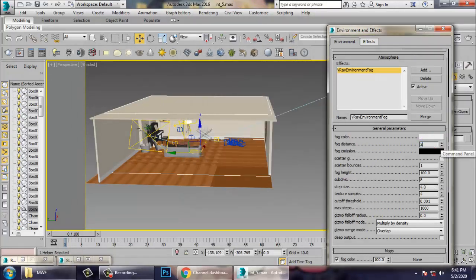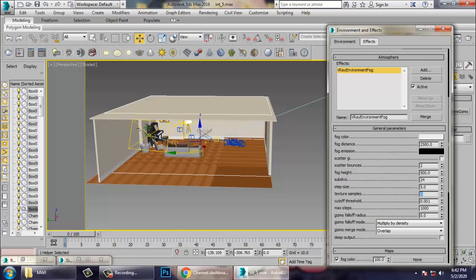Increase the fog distance over here, and increase the scatter bounce over here. Your fog height, let's keep it as 500 over here and increase its subdivisions to 24. Your step size as 5. Keep temp texture samples at 2 over here. So texture samples, you can keep it around 3 over here.